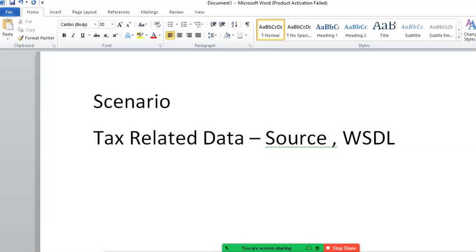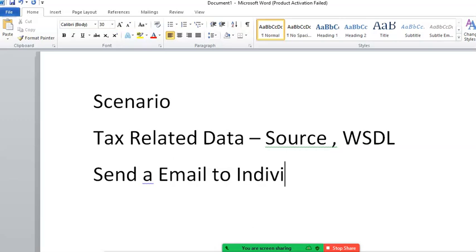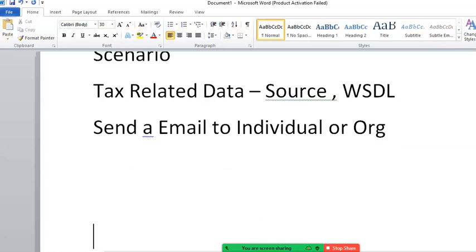We'd like to move this data and send a mail to individuals or organizations. So this is what we have. Later we'll also add a few more things here, but we are keeping it straight. We have the tax details in the WSDL format, and we'd like to send it as an email to the individuals or organizations. So for this, we'll go ahead and build